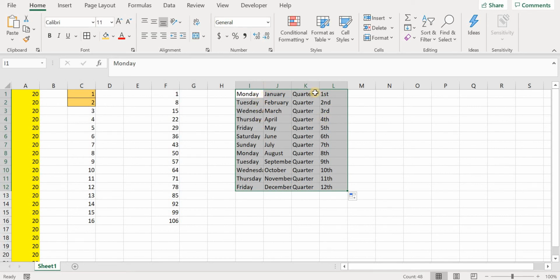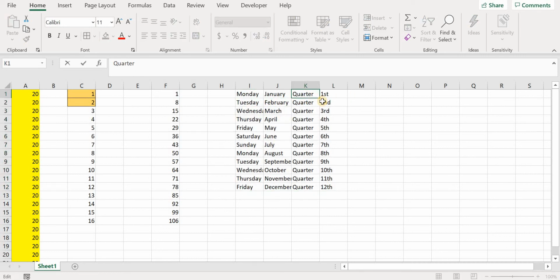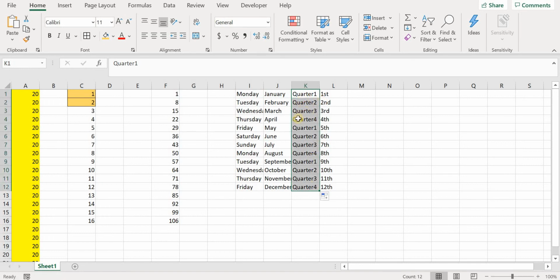Automatically, by order, it has incremented each. So January, February, March, April, etc. Here I forgot to write this. If I write Quarter 1, automatically it has taken Quarter 2, Quarter 3, Quarter 4, because in a year there are 4 quarters, and in 12 months it has taken all 12 months.